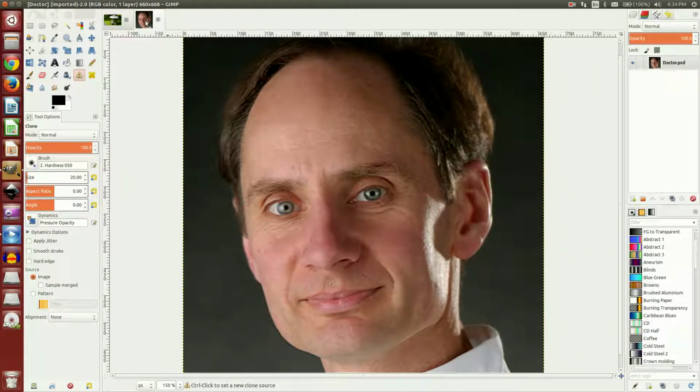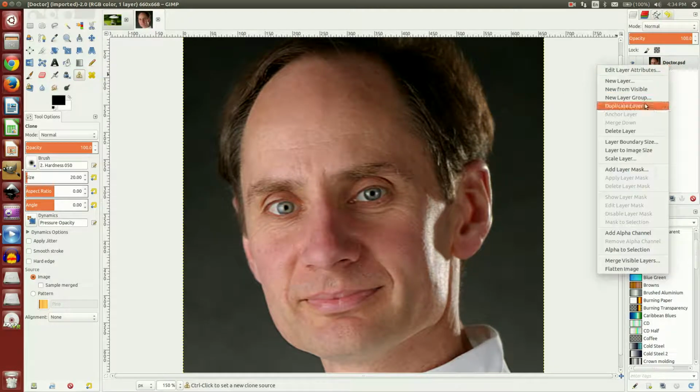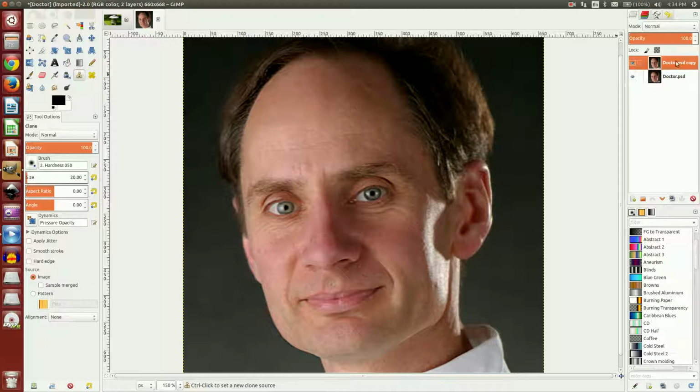Now on the doctor, the first thing that we're going to do is make a duplicate of the layer, and we're going to be working on the duplicated layer. Also, instead of using the clone tool, we're going to use the healing tool. It works very similar to the cloning tool. I'm going to come down here, select an area just below the wrinkles of this eye, and start covering up